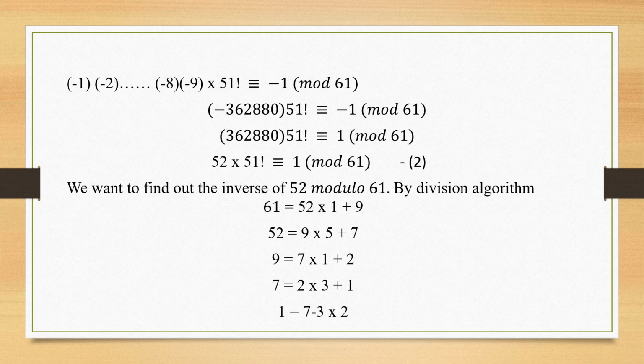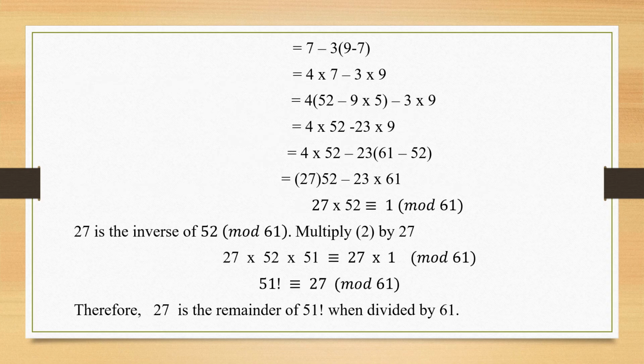So how can I write 1? I can write 1 as 7 minus 2 into 3. Okay, so this is how I just do it. And then go back. So 7 minus 2 into 3, right? The 2 can be written as 9 minus 7. Likewise, just multiplying it. 3 times of 9, 4 times of 7. How did I get 4 times of 7? 7 minus 3 times of 9. Minus into minus is plus. 3 times of 7. So 3 times of 7 I'll be having, and I have 1 time of 7. So 1 time of 7 and 3 times of 7 will constitute 4 times of 7. Clear? So slowly you start substituting the reverse process one by one.